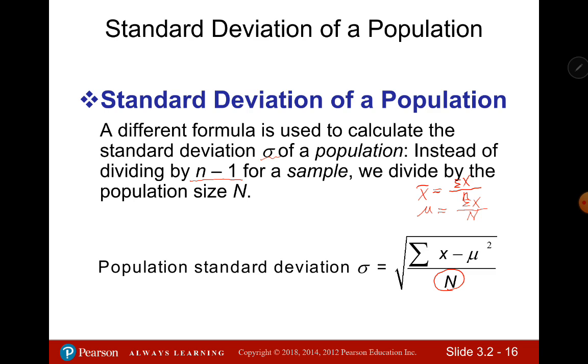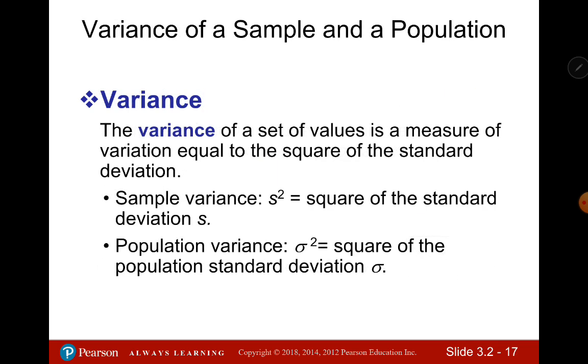It's impossible to get each value in a population to get the population standard deviation, so we always work on samples. Make sure you pick the formula for sample standard deviation, which means the denominator should be n minus 1. Why it's n minus 1, we can talk about later. It's called the degrees of freedom. Let's check